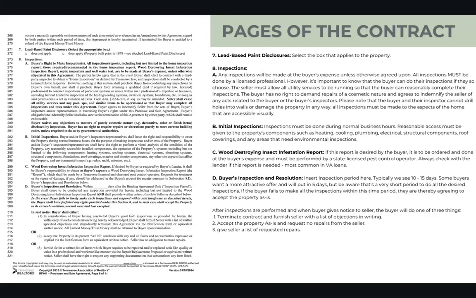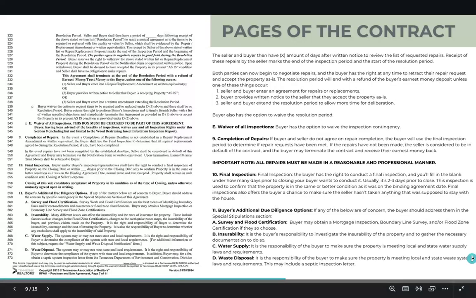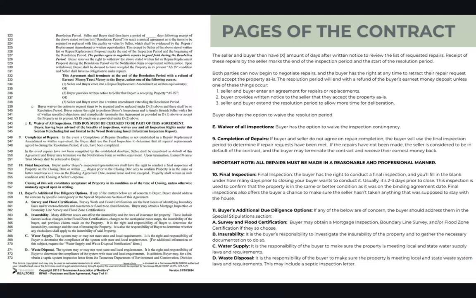Either terminate the contract and furnish the seller with a list of objections, accept the property as is and request no repairs from the seller, or give the seller a list of requested repairs. The seller and buyer then have X amount of days of written notice to review the list of requested repairs. Receipt of these repairs by the seller marks the end of the inspection period and the start